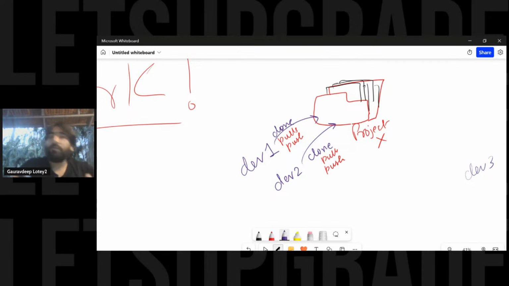In fact, developer 1 or 2 cannot go there either. They cannot go to the forked branch and take pull and push because they will not have permission, right? So that is the benefit of forking, right? And many companies have used forking, right? So forking has been used for, you can say,